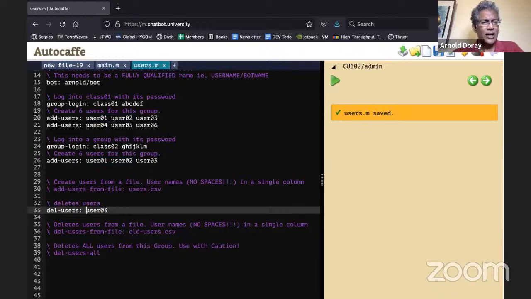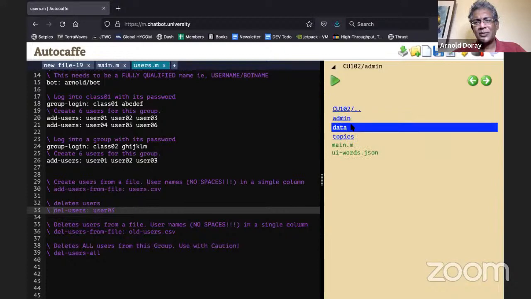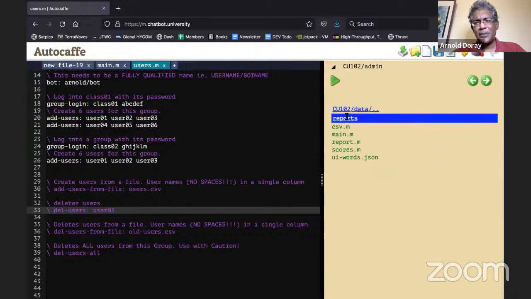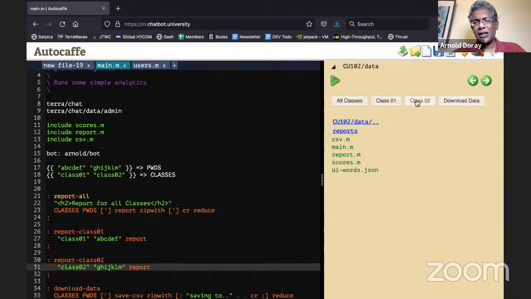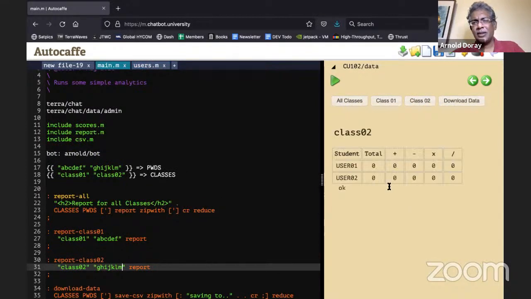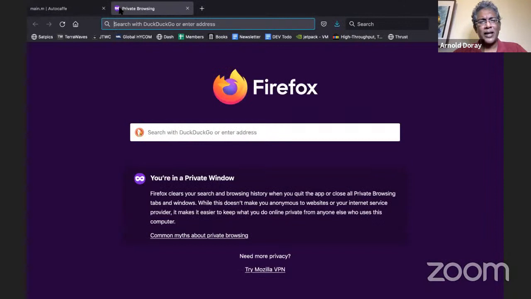The last group I've logged into is class 2. Previously I had 1, 2, 3. Now I'm going to delete user number 3, okay? Then I'll just go back again. Now, if I go back to reporting, sorry, reports, and I click on class 2, you see, user 3 is gone. It's gone. And more importantly, if I go back to my app,